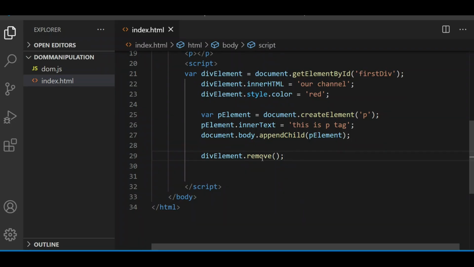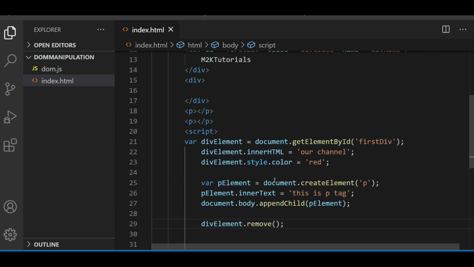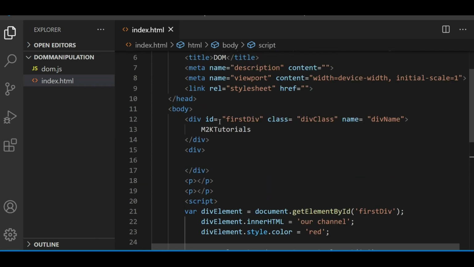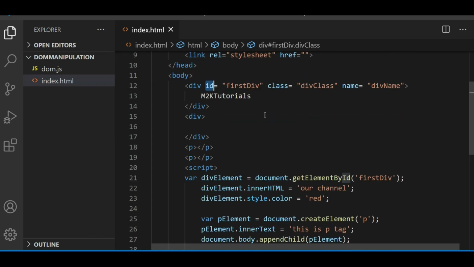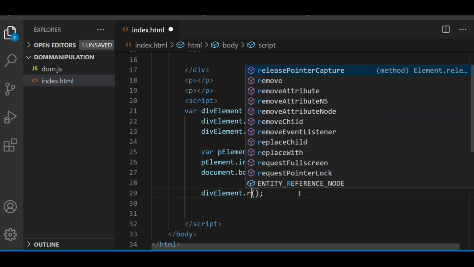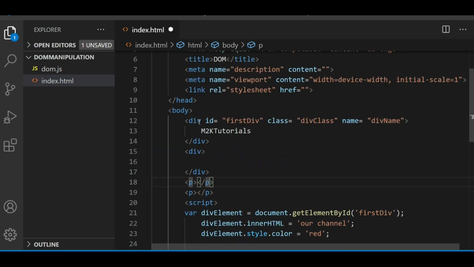Now this is removed. There is another way to remove any child of any element. You can get the reference of the parent node of that child and use the remove child method as well. So let's say this div was in the body tag, right? So body is the parent, and this div is the child.